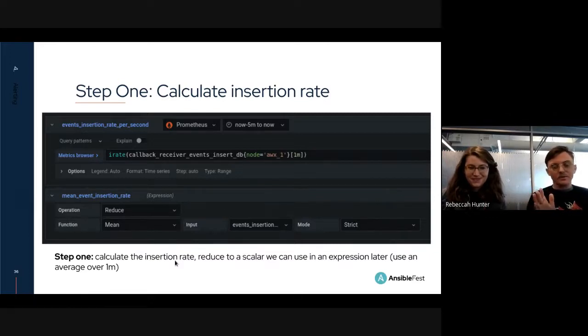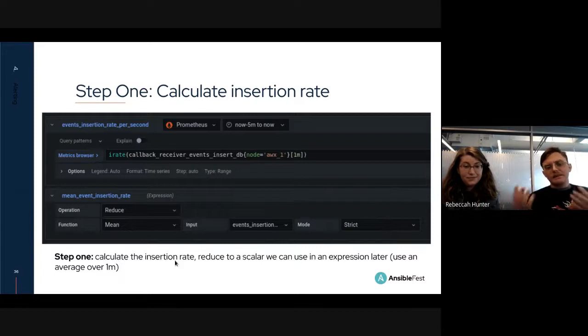Thankfully, there's already a built-in function in PromQL, which is the query language that we use here in Grafana. It's called irate. So this here is saying, give me the rate per second from the data from the last minute, because you see that there's that bracket 1 minute. All of that's subject to your own business logic.